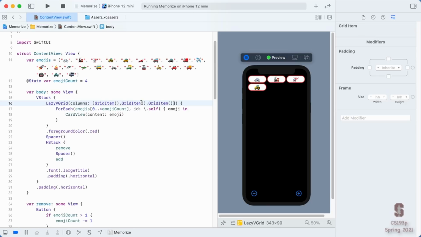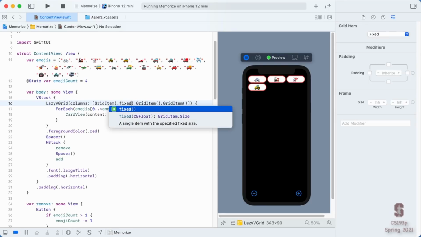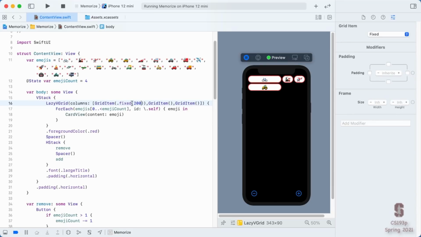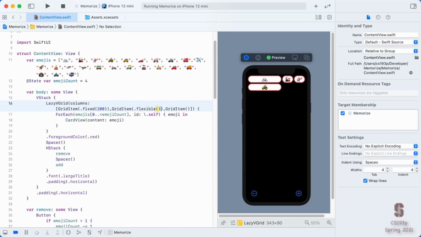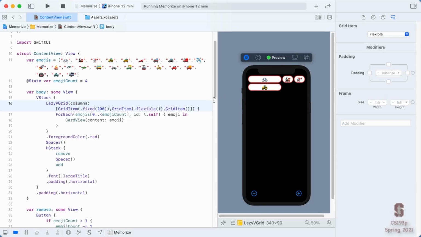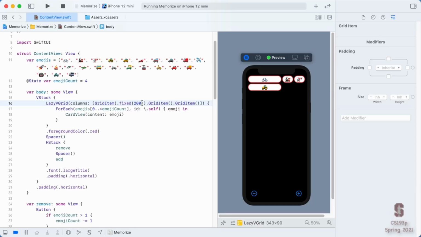Well, because these grid items let you control the columns more. This LazyVGrid, of course, is more powerful than just "give me 3 columns and I'll do it for you." For example, I could put in here a grid item fixed at 200 wide. And so now this first column is fixed at 200 wide. The other ones are just fitting in whatever space is left over. And that's because the default in here is actually something called flexible. These are flexible grid items, and so they'll flex to whatever space is available. But we're going to go back to just normal 3 columns that are the same.